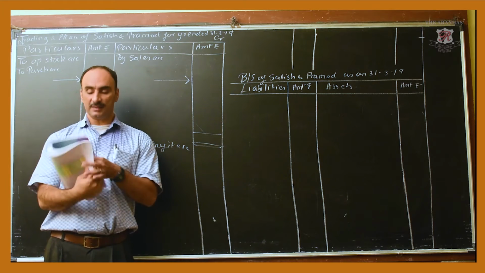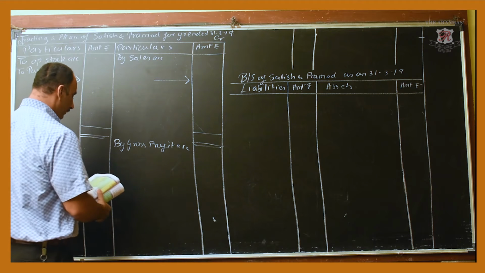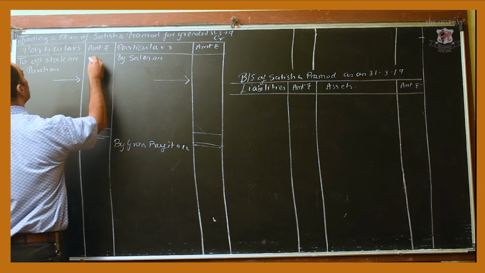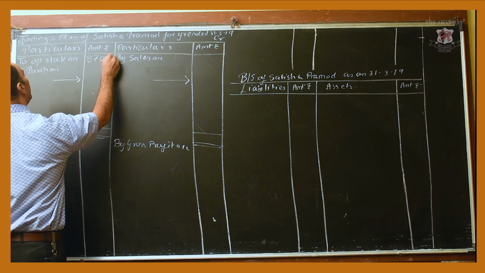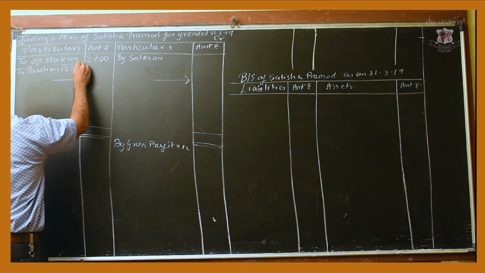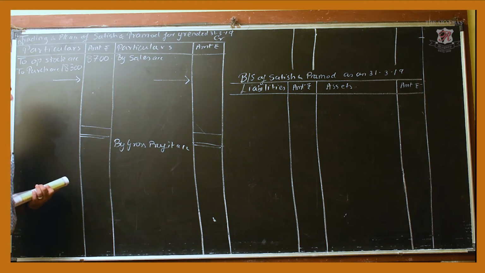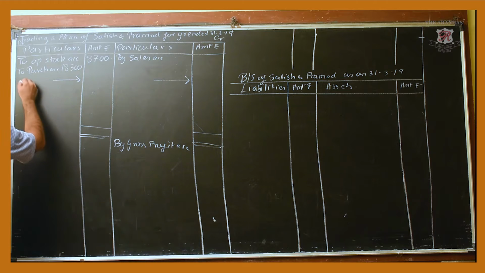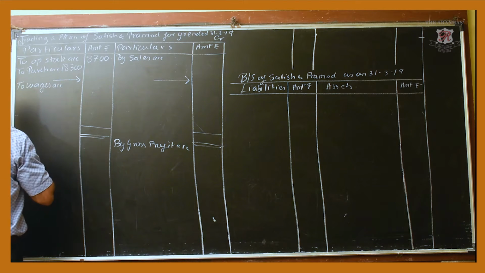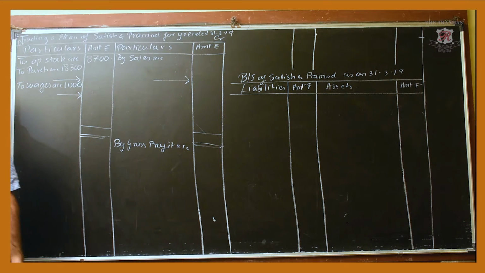So let's start with the sum. First is opening stock. So opening stock we will put it on the debit side of the trading account. It is 8,700 rupees. Then is purchases, we will put it in the inner column, 18,300 on trading account debit side. Wages will again come on trading account debit side, in the inner column only, it has a tick mark. Wages is 1,000. We show an arrow going outside.